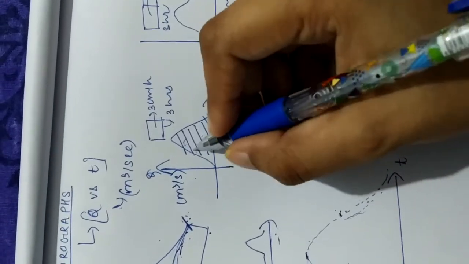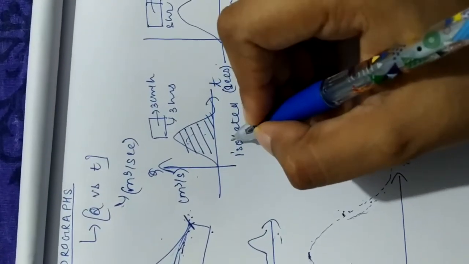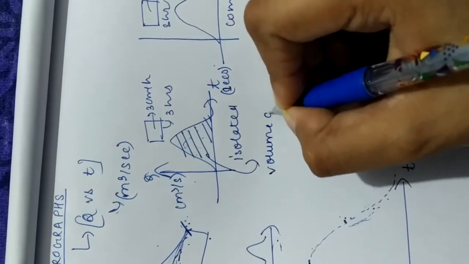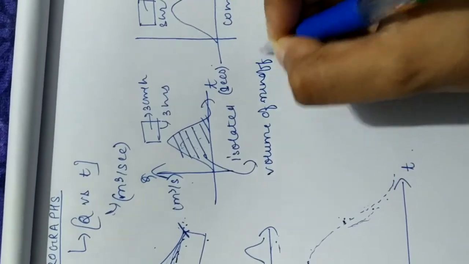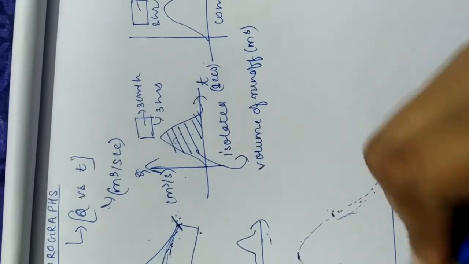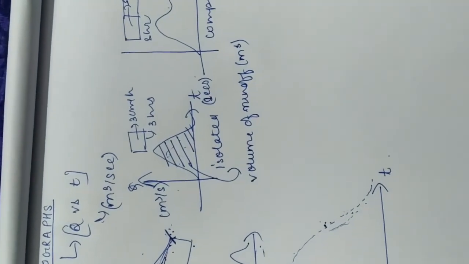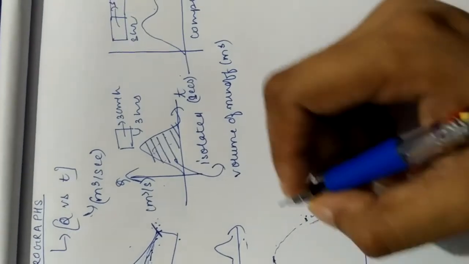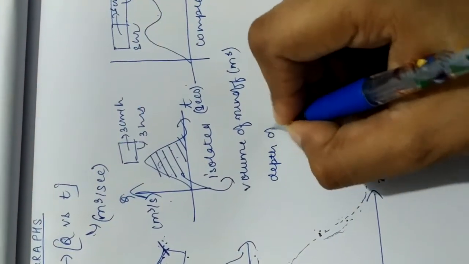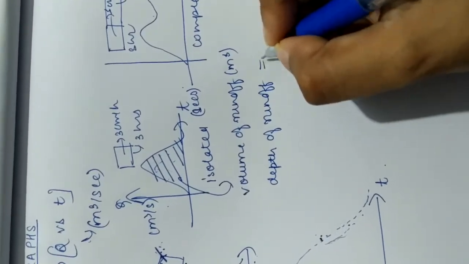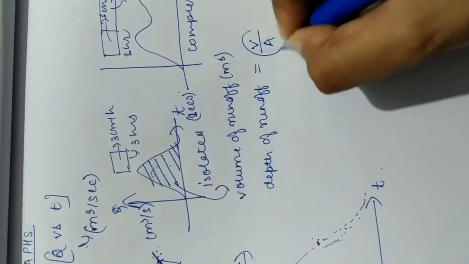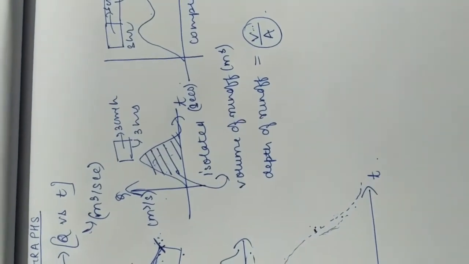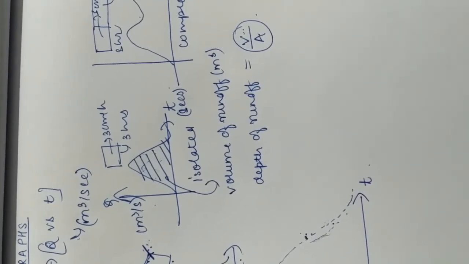So what you will get, the area will be meter cubes of runoff. So that is nothing but, the area under the hydrograph will always give you the volume of runoff. Say here it is giving in meter cube. Now this meter cubes of runoff has occurred on a certain catchment of area A. So I can always tell that the depth of runoff on that catchment area will be V by A, where A is the area of the catchment, and V is the volume of runoff. So simple questions based on this concept can always be asked.